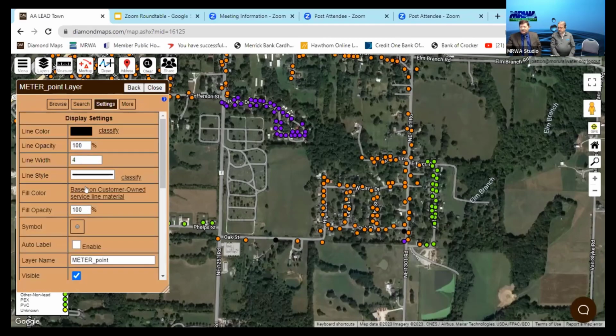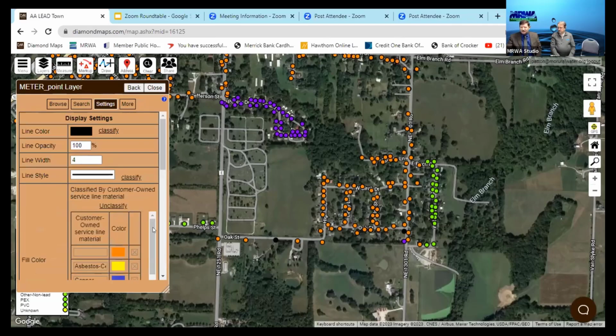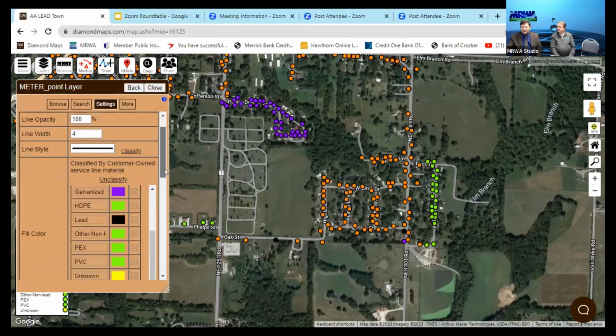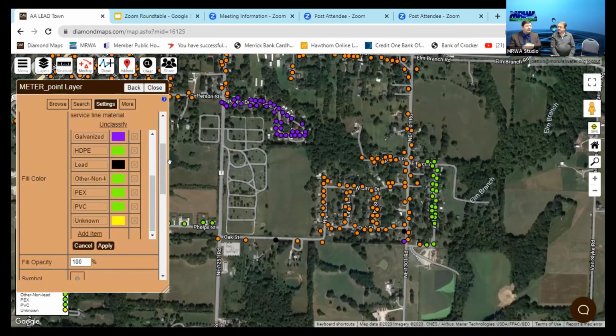And the way I set this particular map up, I didn't differentiate between the HDPE, the PEX or PVC, because all those I'm clear on. They're not lead, and I don't care, as long as they're not lead and they're on the good side. I can break them down into different colors, but we're leaving it as one solid group.